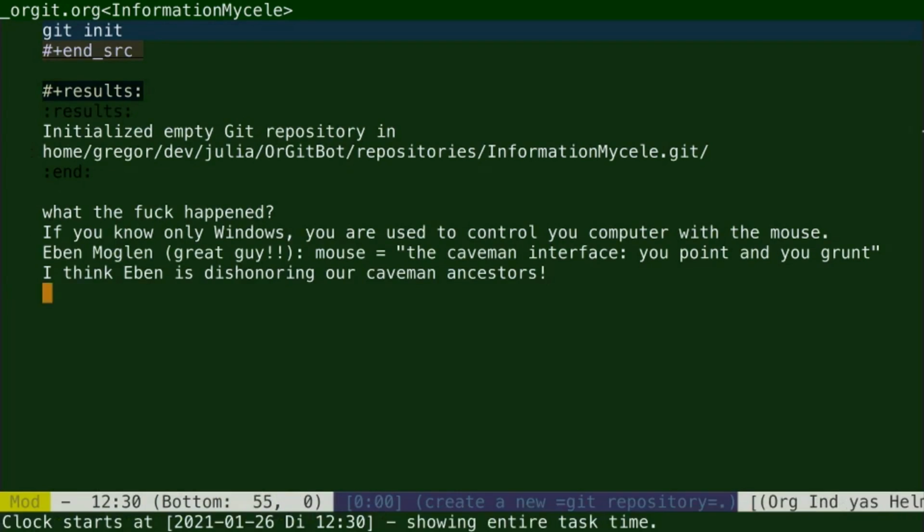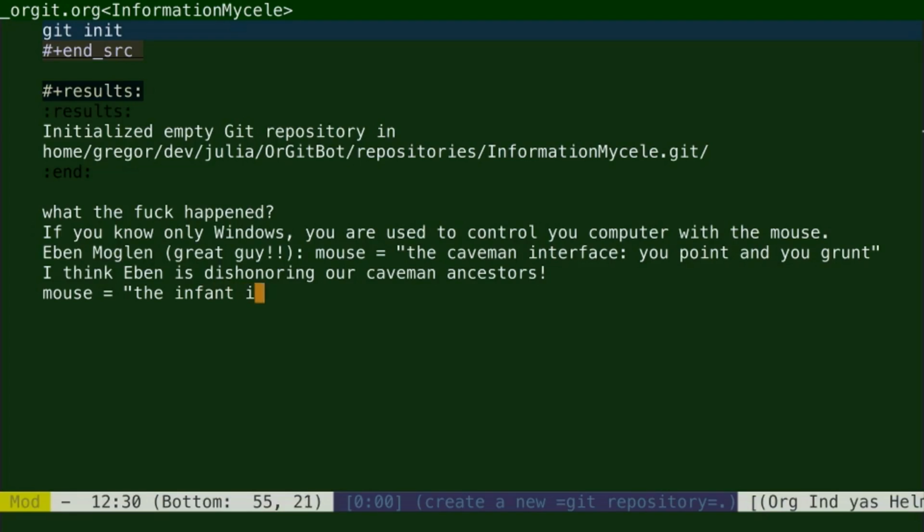I like the quote quite a lot actually, but I think it's dishonoring our caveman ancestors, because our caveman ancestors did not really point and grunt. Our caveman ancestors sat around the fireplace chatting and talking and explaining the world how they see it, and what they experienced throughout the day and what the neighbors were telling them.